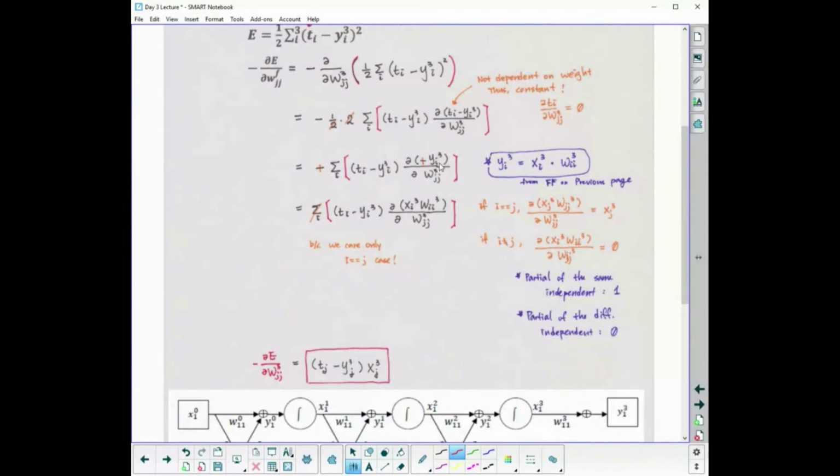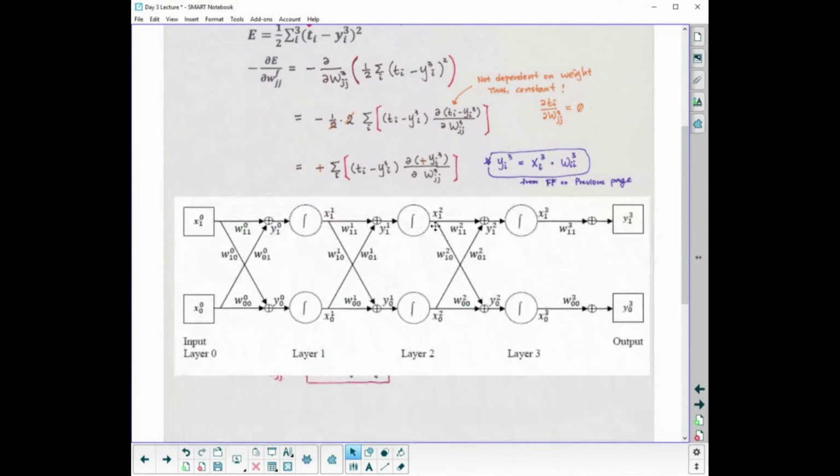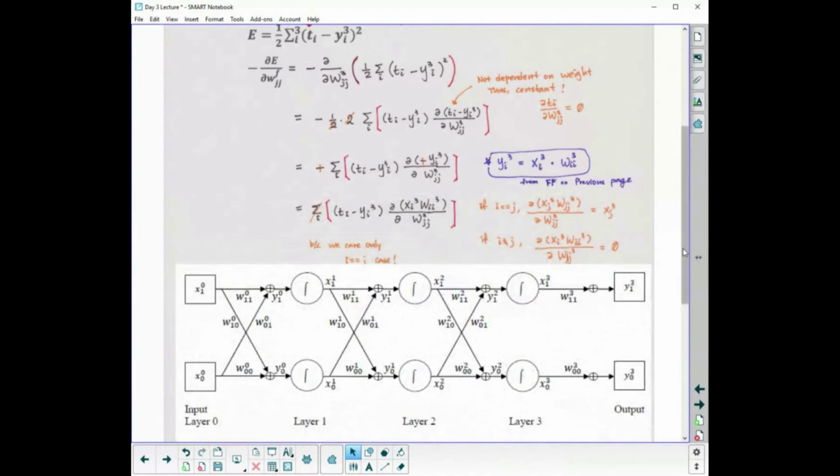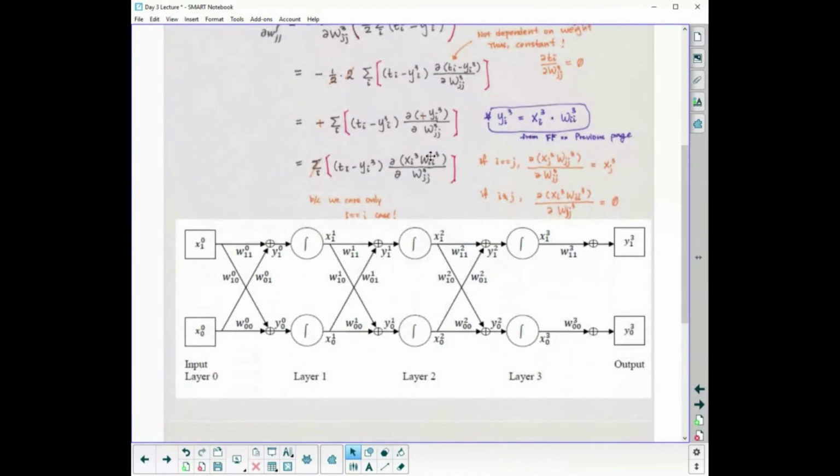Now you can think about what Y sub I layer 3 is. You see the forward feeding diagram here? Y1 layer 3 is X1 layer 3 times weight 1,1 layer 3. So instead of Y1 layer 3, you can write X1 layer 3 times weight 1,1 layer 3. We use I for those because there are two outputs, or you can have multiple outputs. If you rewrite it down here,